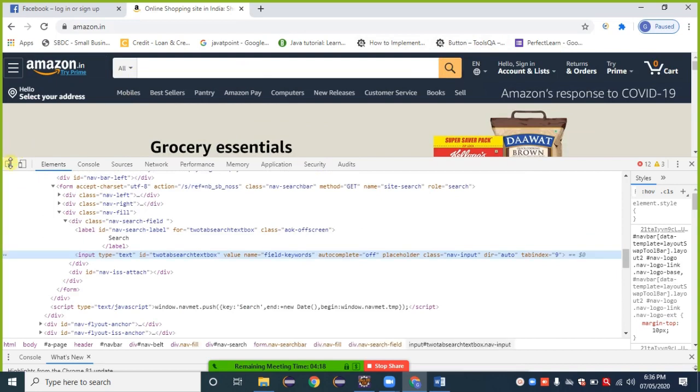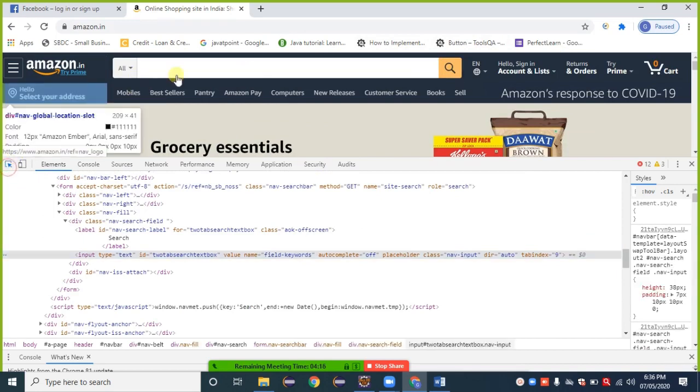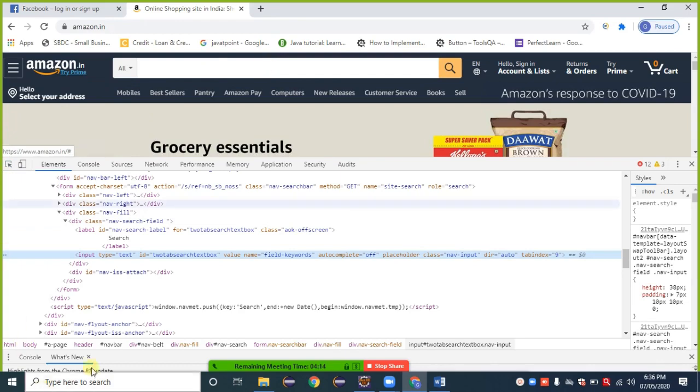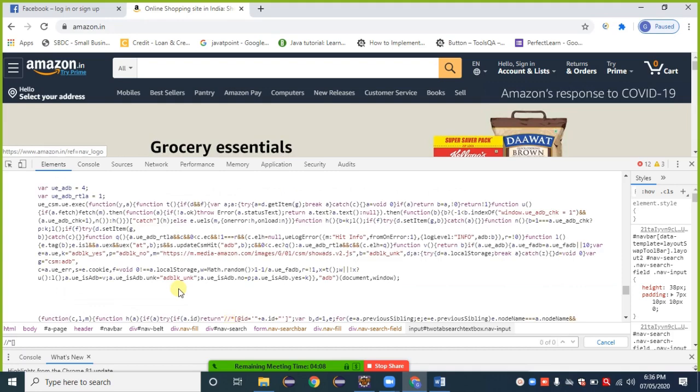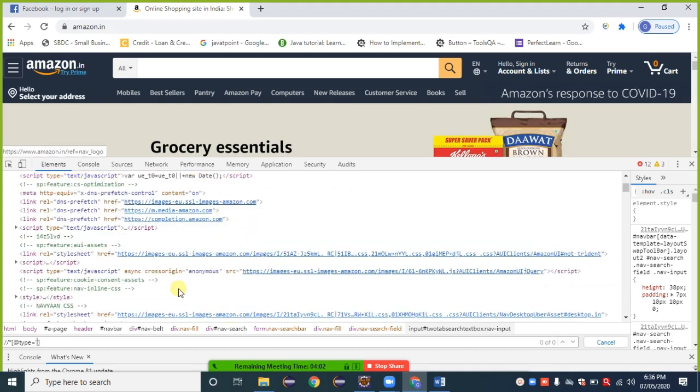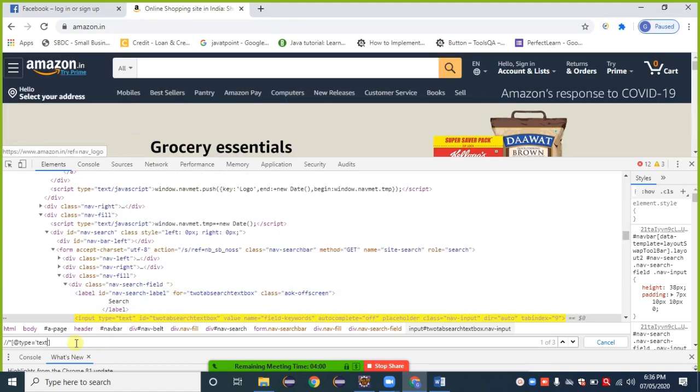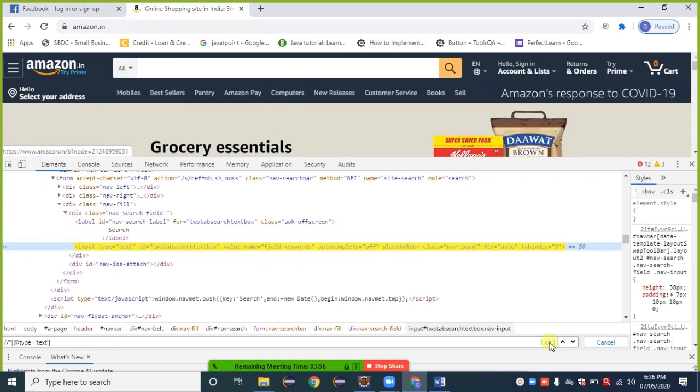This text field, so I am inspecting this field here. Control F, two forward slashes, star, bracket, @type is equal to text. Observe that we get the suggestion 1 of 3.